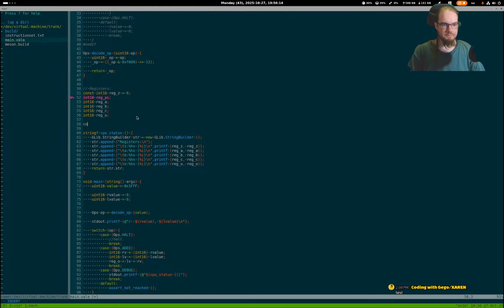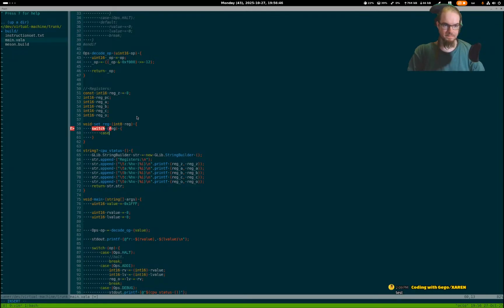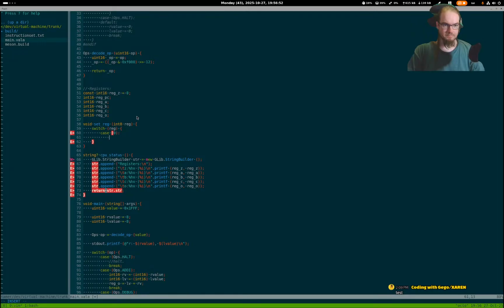We can have void set reg, int 8 reg. So registers. So if switch, case 0